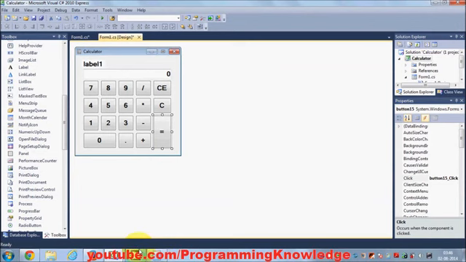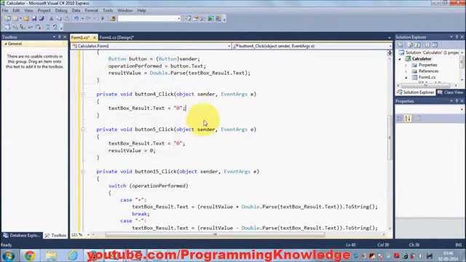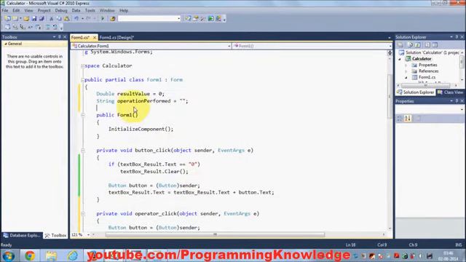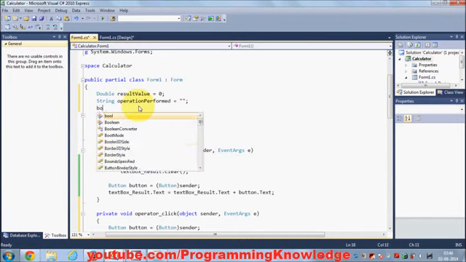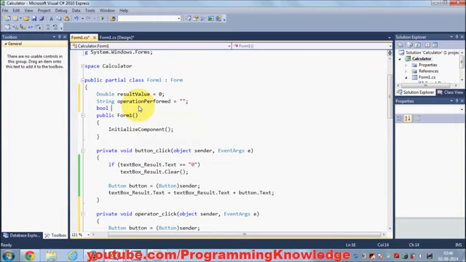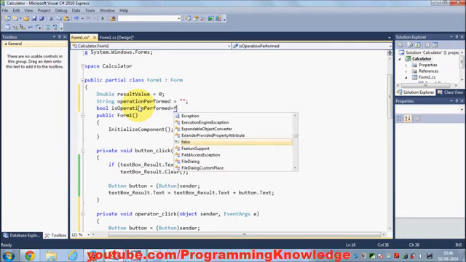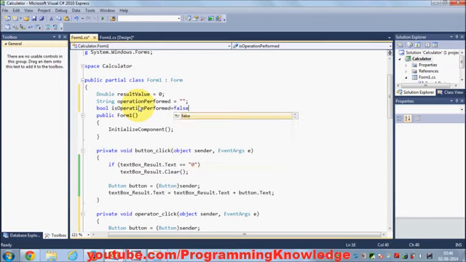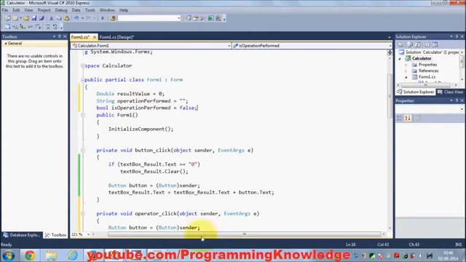So what I'm going to do is, in here in my code, I will say bool is operation performed, and by default its value will be false. Okay,